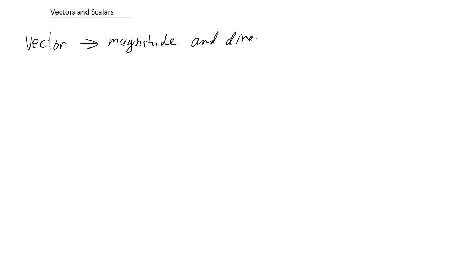Okay, so this lesson is about vectors and scalars. A vector is something that has magnitude and direction. Magnitude being the value and the direction pointing somewhere. So magnitude and direction. Examples of a vector include